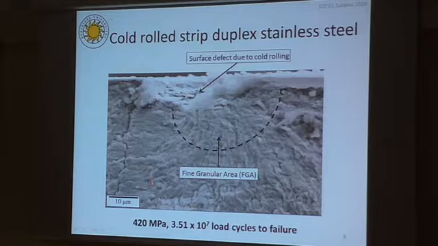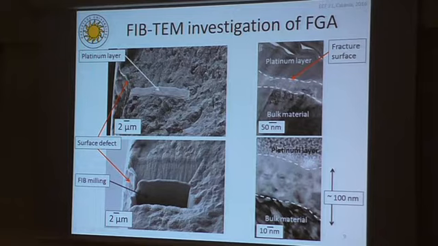So this fracture surface is for a specimen that failed after 35 million load cycles at this load level. Even though the crack initiated from a surface defect, one could still see and detect the presence of a fine granular area around the surface defect. In order to further investigate the presence of this fine granular area,